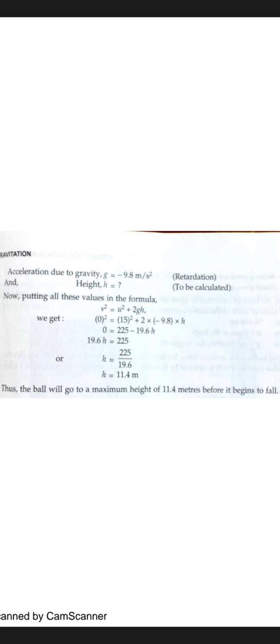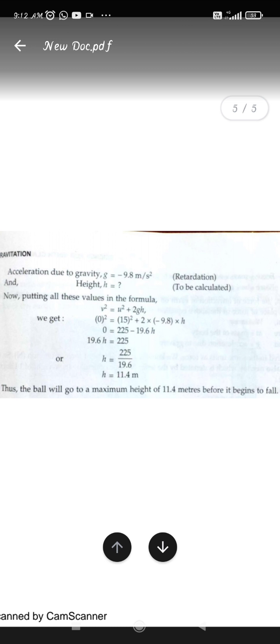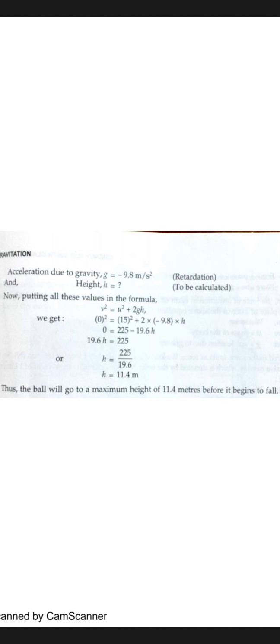So you have seen the problems, how we have to solve them and how we have to use the points regarding the equations of motion of freely falling bodies. In the next class we will be solving some more problems and seeing conceptual questions related to acceleration due to gravity, or the capital G, that is the universal gravitational constant.